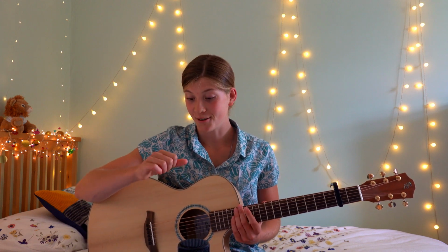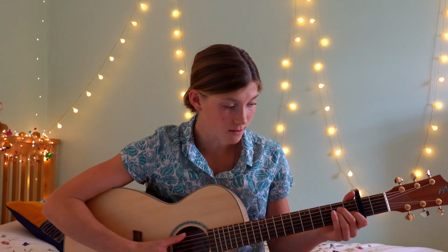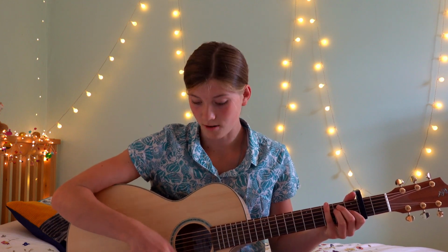And now when you do the thumb strum, you can also strum it on the way back up using your nail. So you strum down, and then like we did with the finger, where we're just dragging the nail across, you can then drag the thumbnail back up